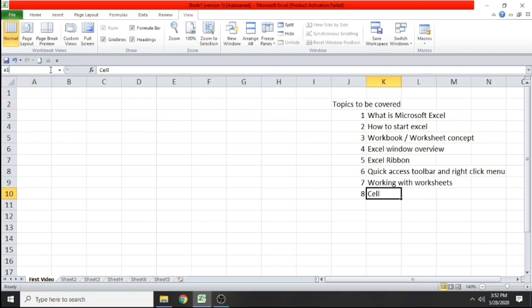Now where it should go? It should move my current active cursor in the A column and first row. Let's press enter. Yes, now you all can see the cursor has been moved. This is nothing but my cell. What is a cell? Cell is the intersection of column and row. It is a combination of column and row.